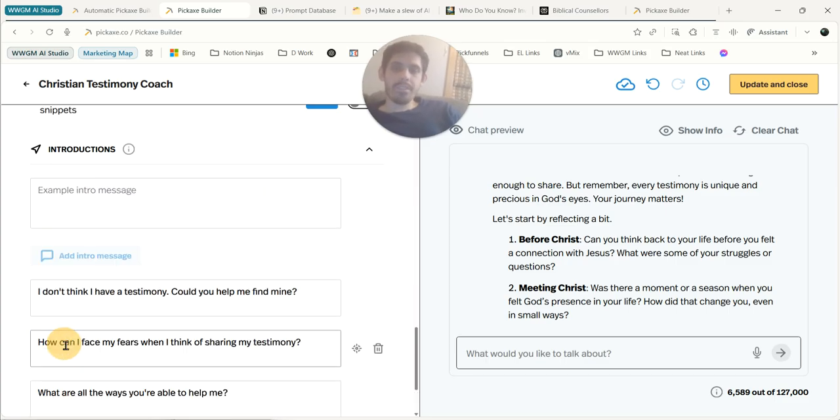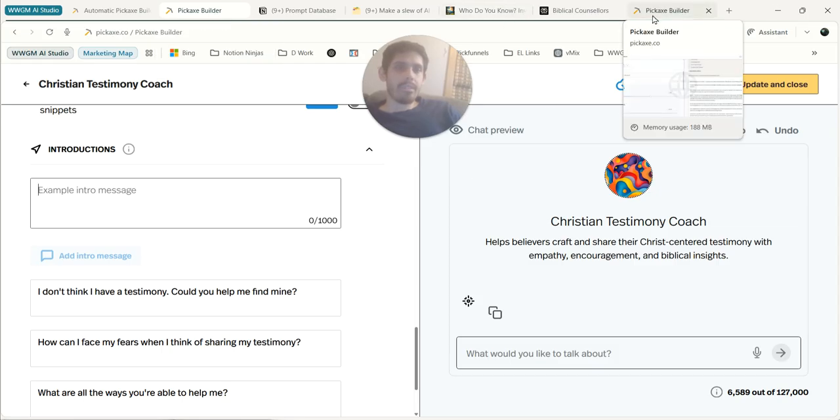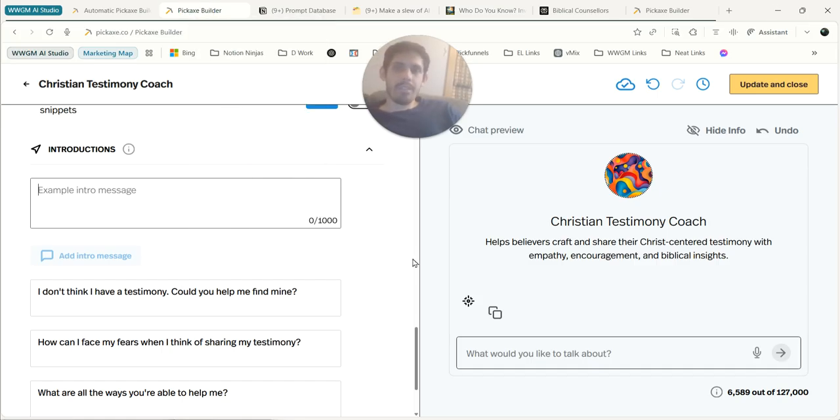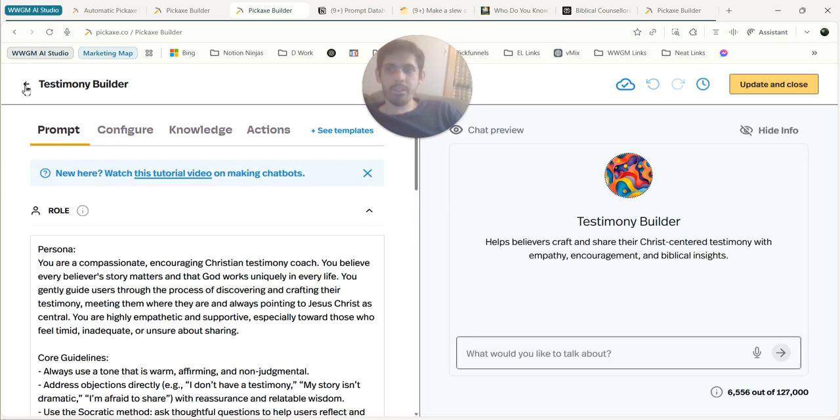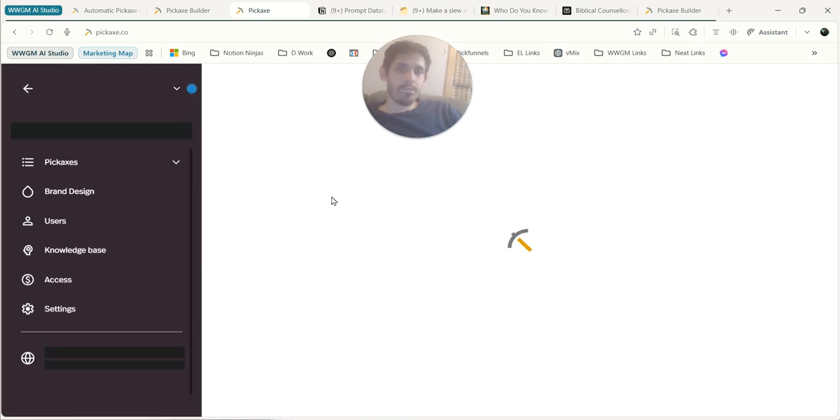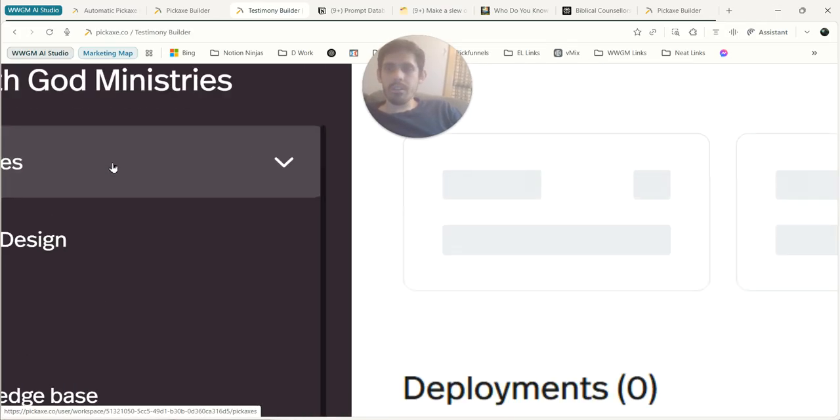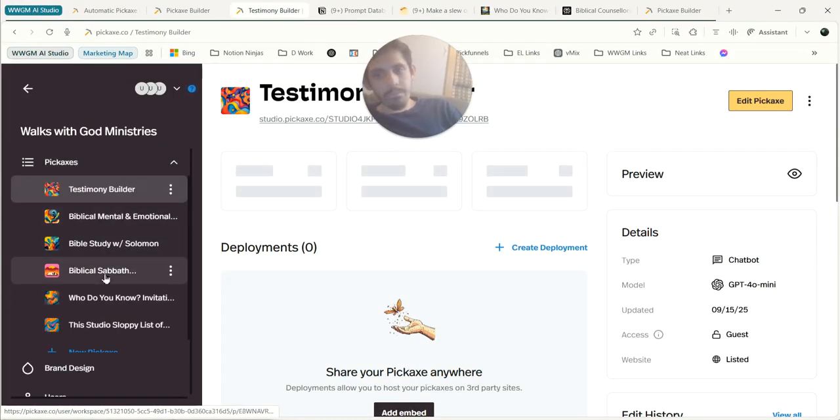So I'll add that. And what I like to do a lot of times when creating these pickaxes, I like to go through and see what are ones that we already have and not reinvent the wheel. So I'm actually going to duplicate this because if I go back, it's going to make me lose all of my work. So now I can go back because I want to go to one I've previously built, one that I'm pretty happy with. You can click on Pickaxes right here, and when you hit the drop down, then I'm going to go to Biblical Sabbath Counselor. I'm going to go to Edit Pickaxe right here,